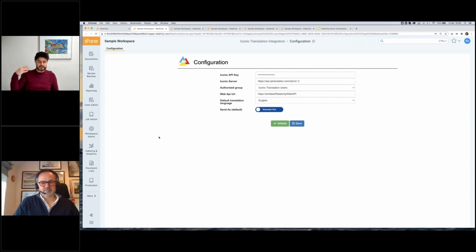So our translation service and software in the background is always the same. This is one front end on it. When we show the demos of our Intra application later on today and tomorrow, that's essentially a different front end on the exact same translation service in the back end. So the translations you get back are exactly the same, regardless of whether it's Rel 1 or on-premise. The translations you get back are exactly the same, whether you translate extracted text or natives. It's just the format that's going to be different. So yeah, everything is consistent across the versions of Relativity.